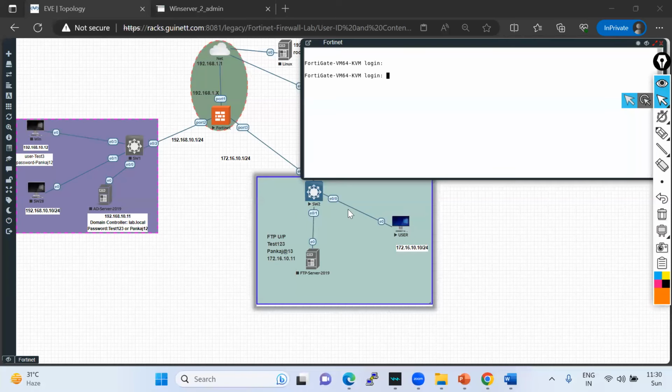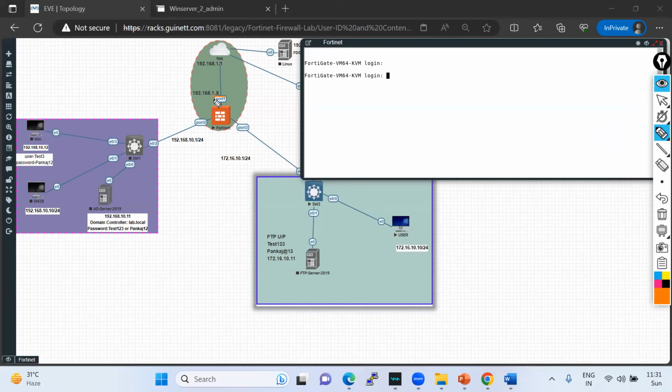So hi guys, in the previous lecture we understood how to do the initial configuration of the FortiGate firewall. We also understood what the username and default password are, and how we can configure any interface from DHCP to static, and how the mode is going to be changed. So in this lecture, we are going to understand how basically this firewall